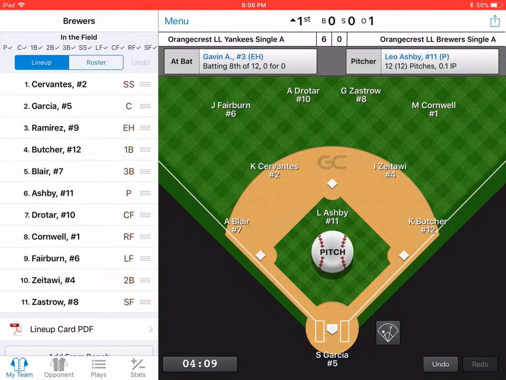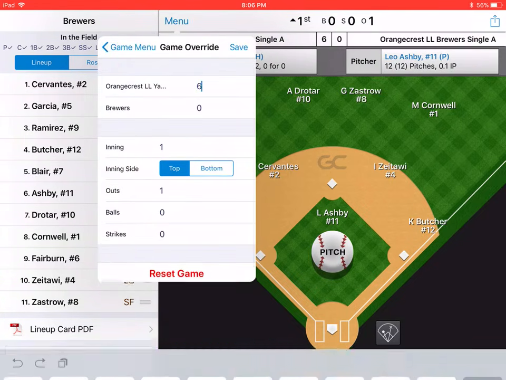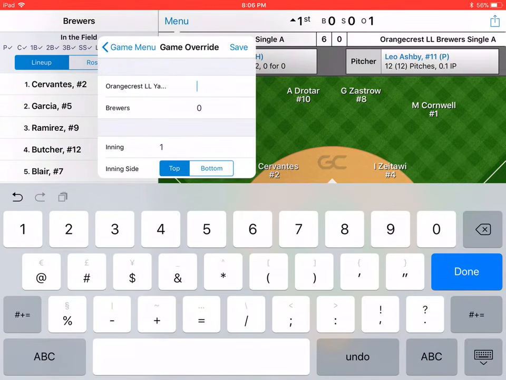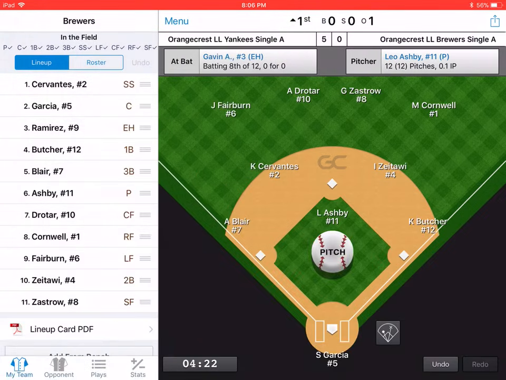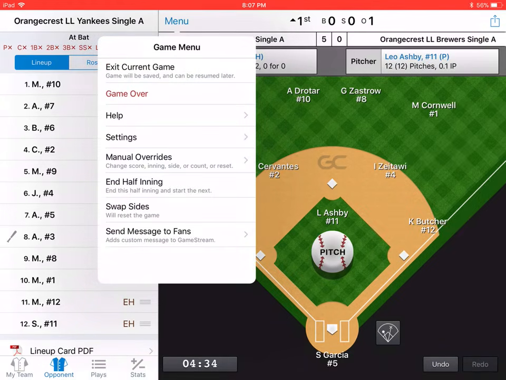So the way to correct the score, you go into menu, and you go into manual overrides. You tap on that 6, just hit back, change it into a 5, select save, and there you'll see that the score has properly been changed to 5 runs. Now this still shows that the Yankees are up at bat, but we've obviously ended that inning. So the other thing you need to do in the menu is tap on menu, and then select end half inning,